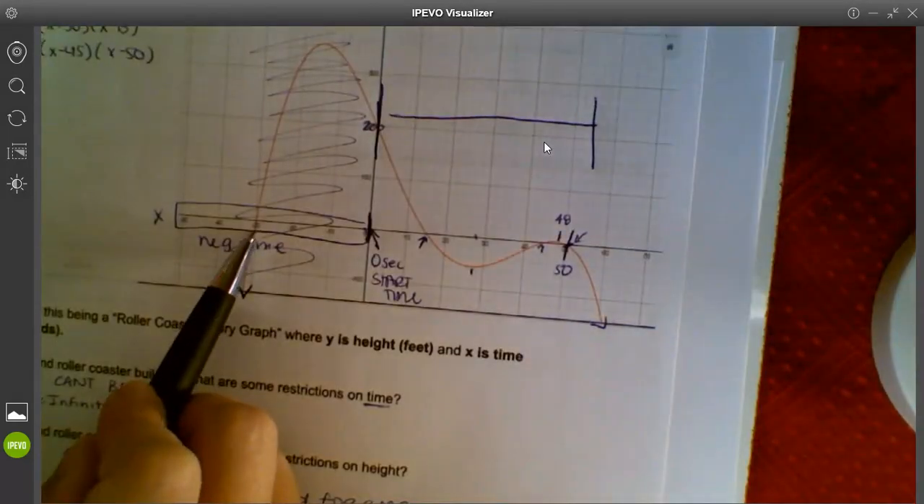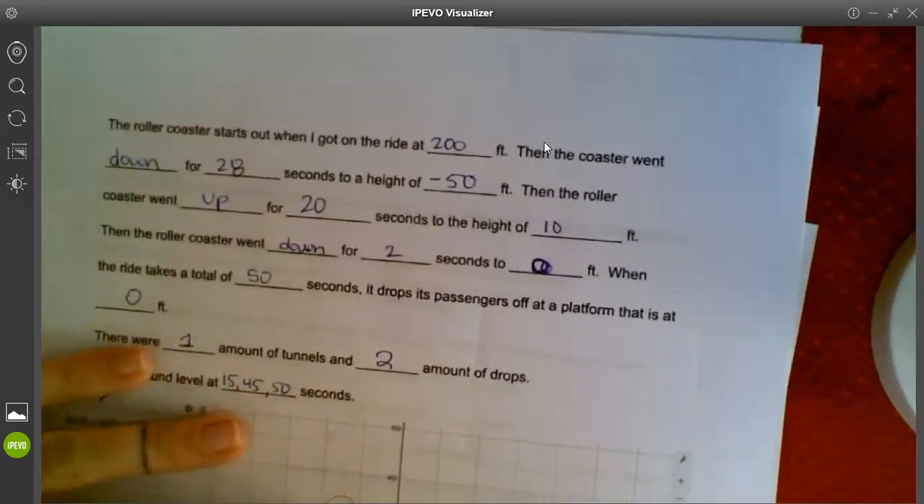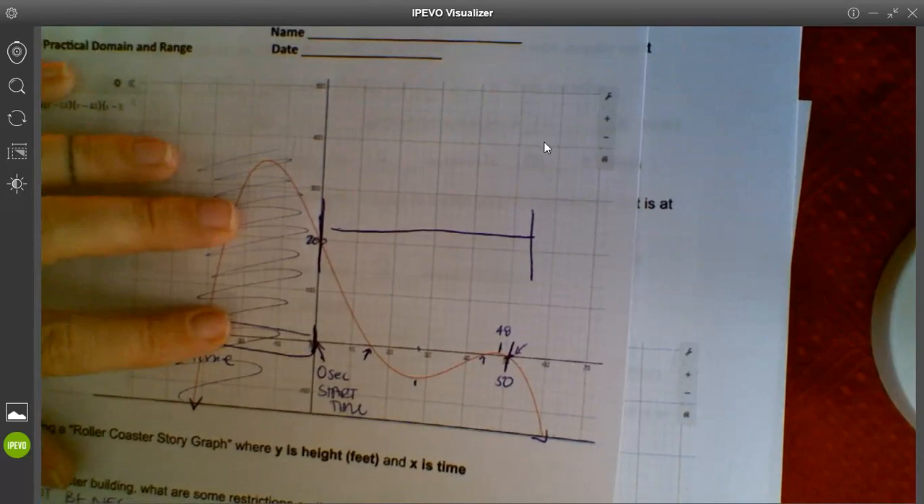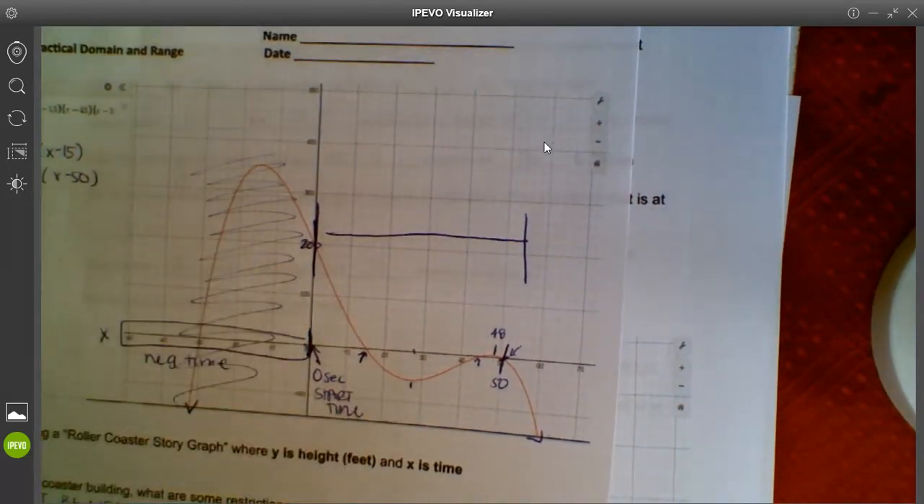What about this 0? This was at negative 30, though. Why didn't I mention negative 30? Oh, because remember, I chopped that off. I'm talking about real life. I'm talking about the roller coaster only in this instance. So see how part of a polynomial can represent something in real life, can tell a story. So now